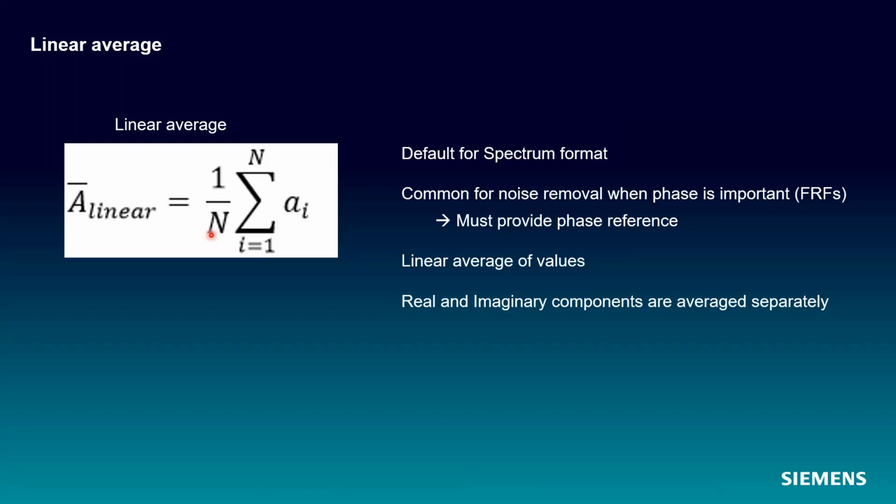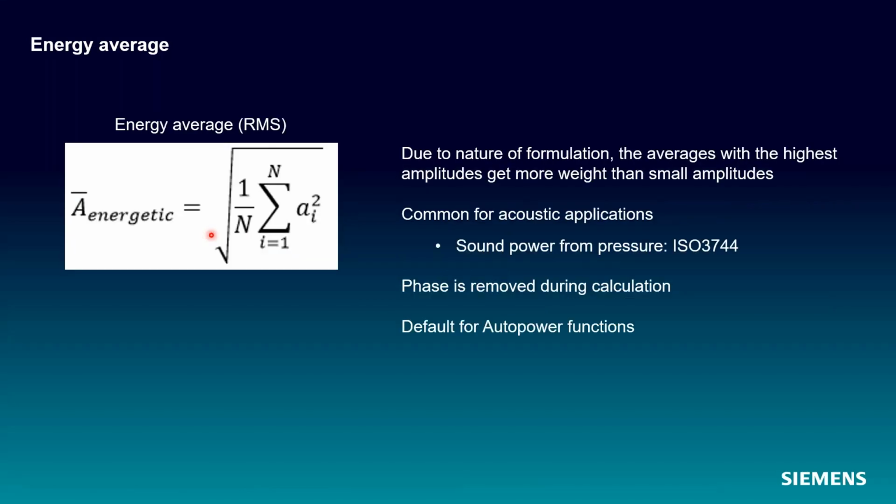Energy average, a little bit different, obviously, that's why it exists, but this is analogous to doing an RMS, or a root mean squared, where you see, again, there's a summation of our values from 1 to n. However, we're going to square those values before we add them up. And then we're going to divide. So we square all the values, we add that up, and then we divide by the number of values, and then we take the square root of that divided sum. This is a root mean squared.